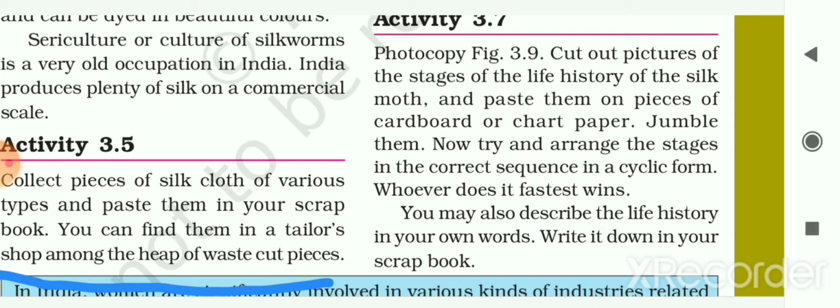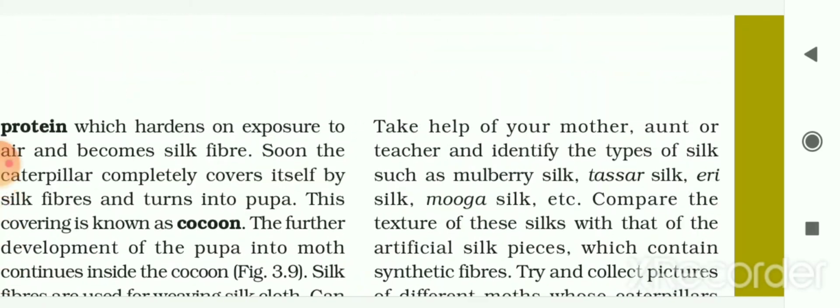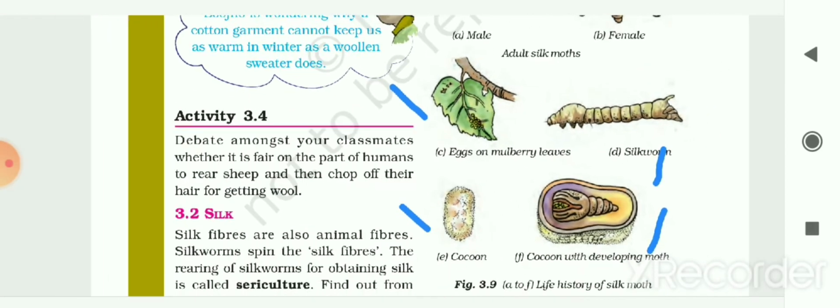So as we had seen earlier, what is the life history of the silk moth? There are 4 major stages in the life history of the silk moth. Those stages are egg, larva, or you can say caterpillar or silkworm, then pupa and silk moth. Let me see in the figure. These are the 4 stages. So the first stage is egg. That is the first one, and the female silk moth lays eggs on the leaves of mulberry. So this shows the first stage.